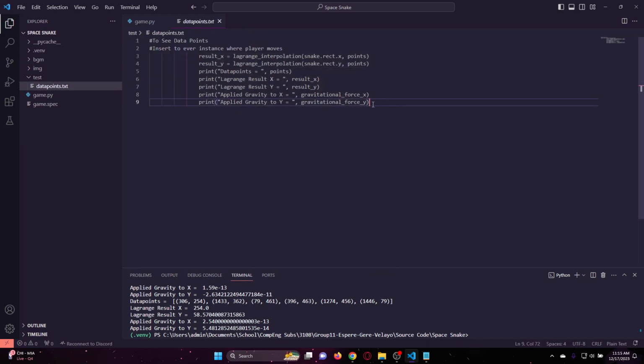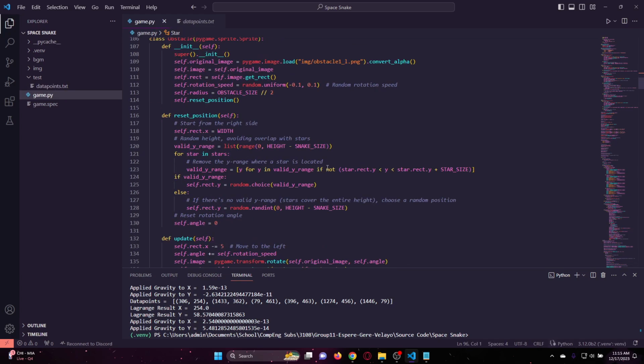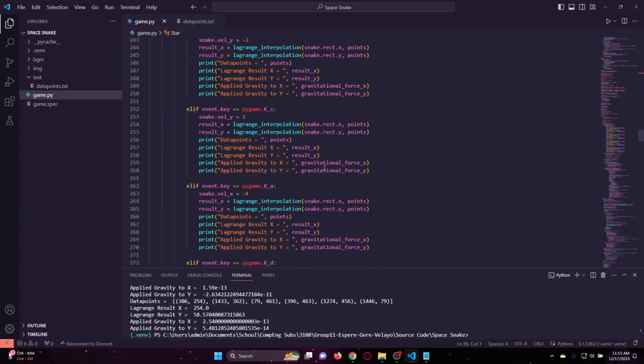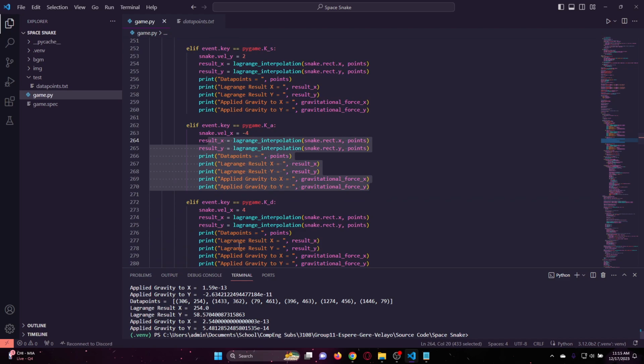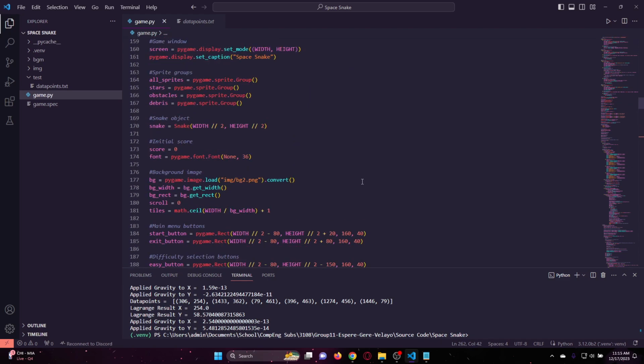Before I start the demo, I'm going to show you how to run the program and how to show the result of the Lagrange calculations and how it is applied to the program. First, you have to copy this and paste it into the movements, so that every time the player moves, it prints in the terminal. Now to run the program, you have to drag the folder into VS Code,